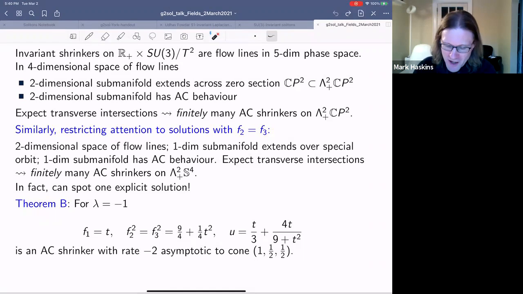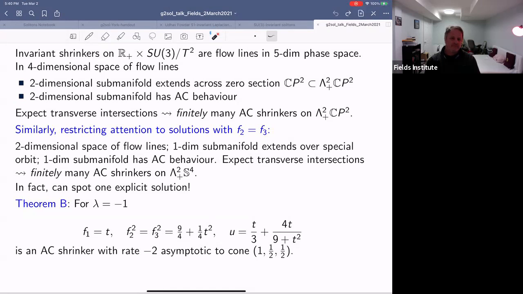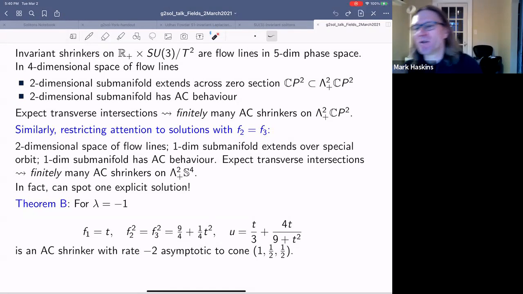this particular cone here is on the other side of that. And conjecturally, that's the only cone that can appear as the asymptotic cone of a shrinker. But why that's the only one, I don't have a satisfactory answer at the moment. I mean,